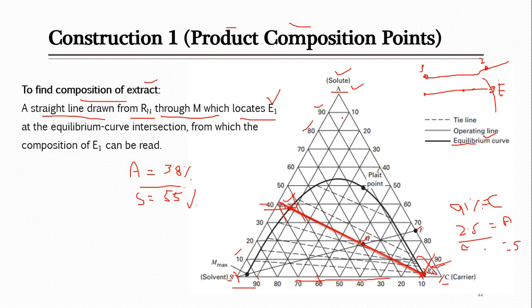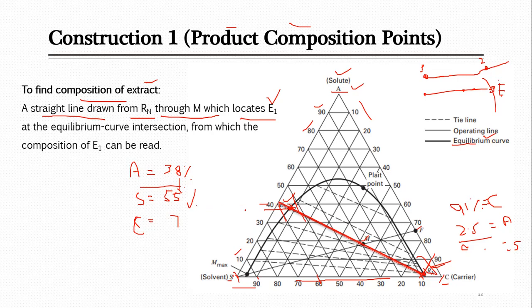You can see that this scale on the left side is for the carrier, and overall, if you draw the line, it is less than, I think, 10% that will pass from here. Overall you can also see from this data it should be exactly 7%. So if you sum these, overall it will be 100%. Yes, it will be 7% carrier in this extract